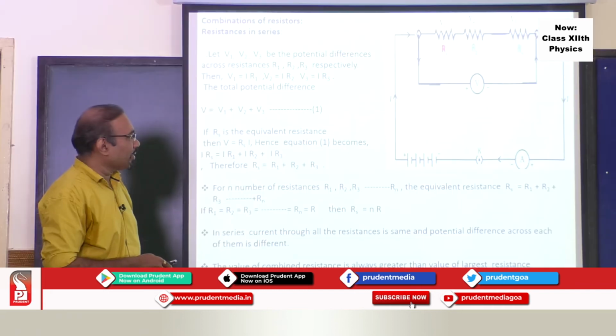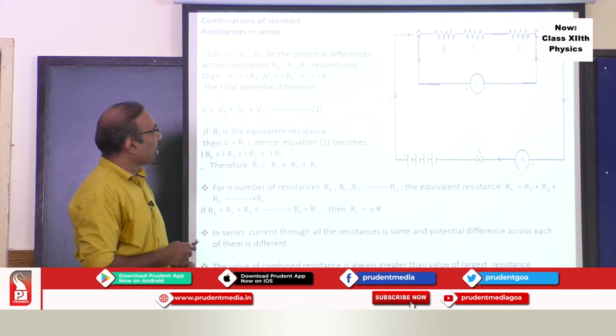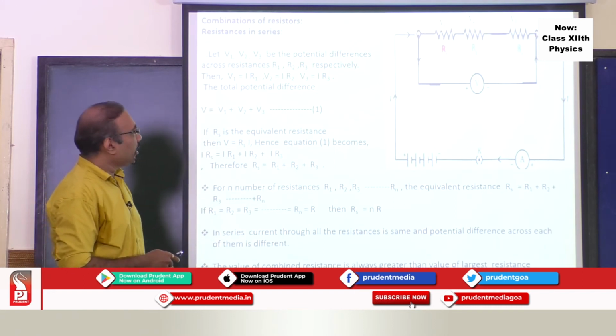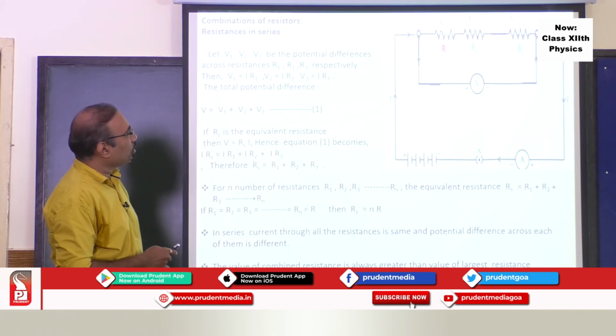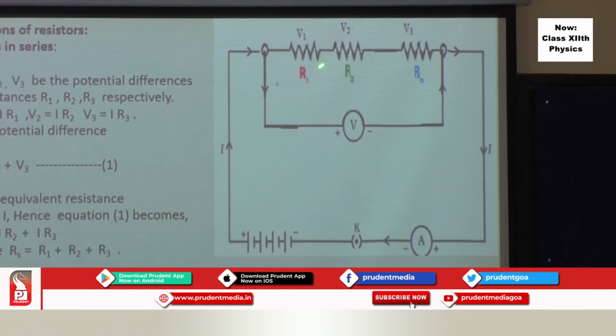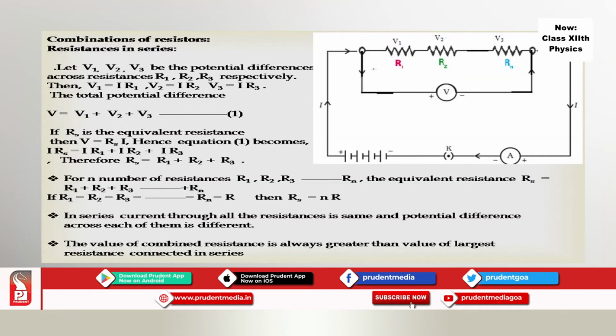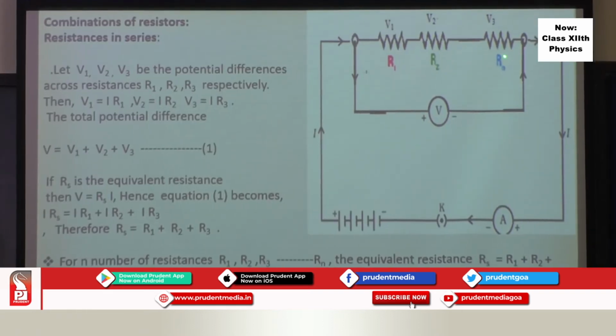You can neglect the resistance of this ammeter, neglect the resistance of this battery, and there is a potential difference V across it. This will send a common current through these three resistances. So current is common, and the potential drop across them, by using Ohm's law, V1 will be equal to I times R1, V2 is equal to I times R2, V3 is equal to I times R3. Total potential drop gets divided among R1, R2 and R3.